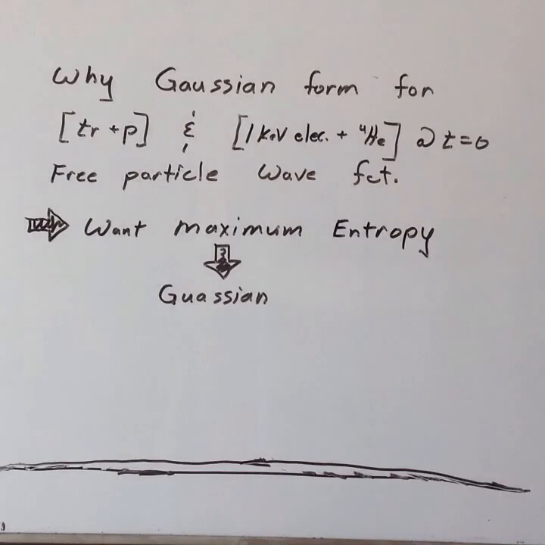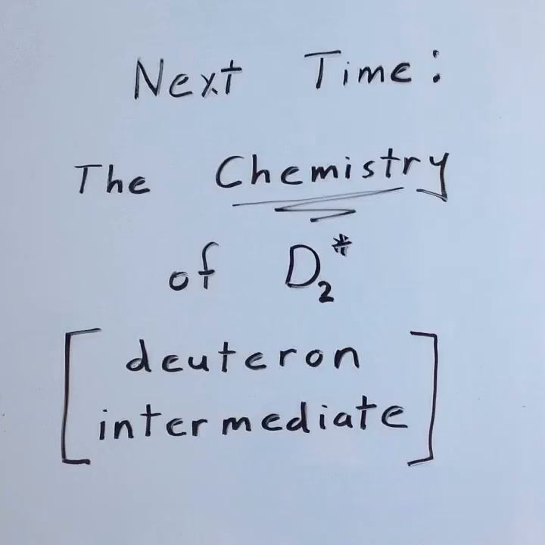Now that we have built up a logical quantitative quantum model of cold fusion of two deuterons giving helium-4 and about 1 keV electrons as the main products with trace tritium and neutrons, we can explore the deuteron intermediate chemistry in the palladium deuteride environment. Next time we will illustrate the probable chemical form that the intermediate takes.